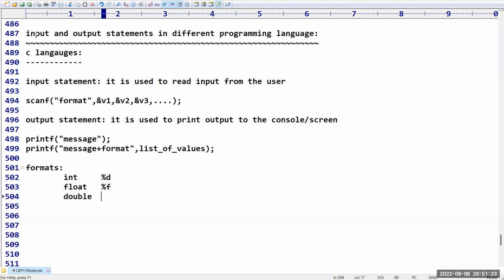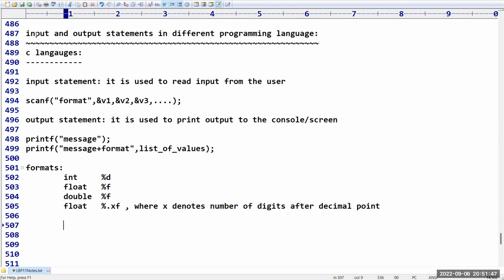If it is a double, we use percentage f only. For float, there is one more syntax, percentage .xf, where x denotes the number of digits after the decimal point.